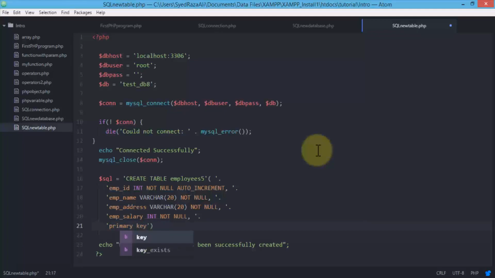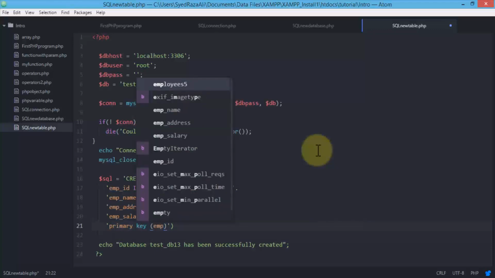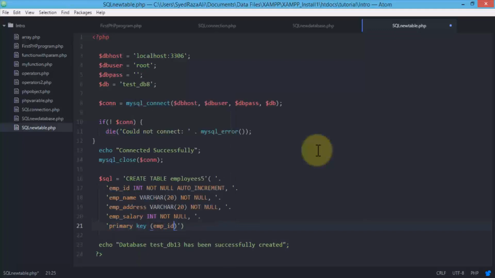So this is primary key, and then set this primary key to the EMP underscore ID, which is the first field that I created. And the primary key, if you're familiar with relational database management systems, is a unique identifier. So within this table called employees 5, the primary key for the employee ID is going to be unique. In other words, you cannot duplicate the employee ID field. Great. So once I have the employee ID, let's close the parentheses,